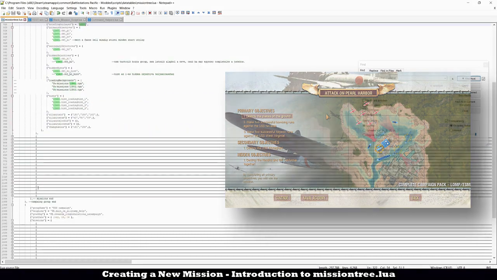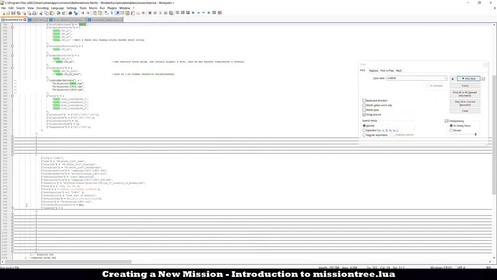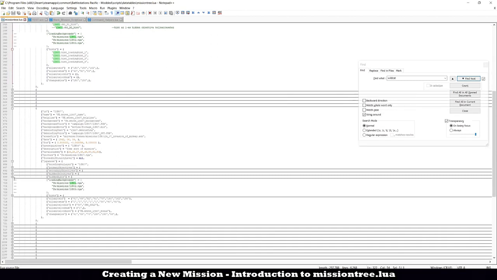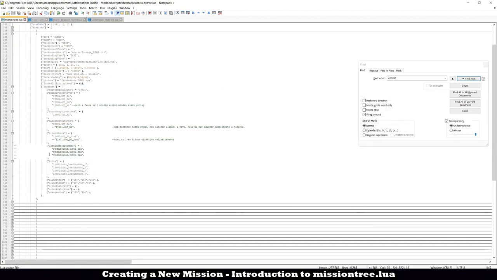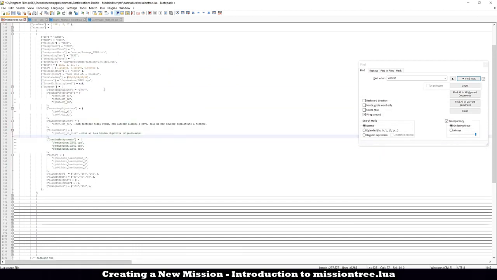So I have IJN1. I'm going to change this just for testing purposes. I'm going to change it to the one for Midway, so you're going to see basically what I'm talking about. It may be confusing when I'm explaining it like this, but I'm going to show it to you. So the primary objective, you can replace this with anything you want. I'm just going to replace it with a test primary 1,